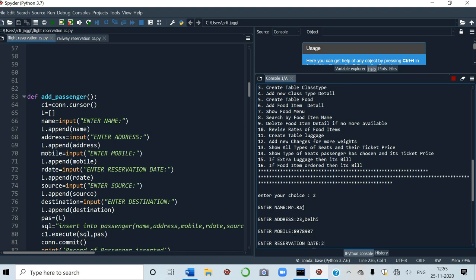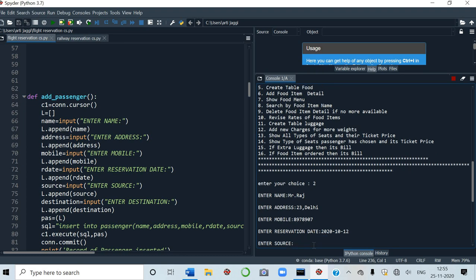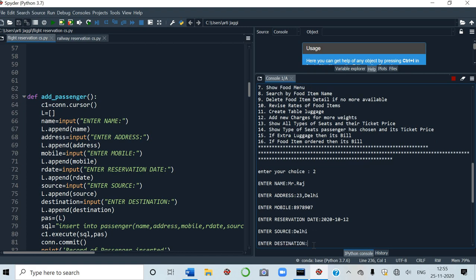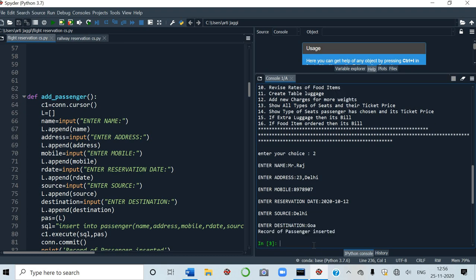Reservation date, you have to take care of the format: first the year, then month, and then date. Enter source, Delhi, of course, staying in Delhi, so the journey is starting from Delhi only, and destination, suppose Goa. I've entered the train Goa here. Record of passenger inserted. Okay.